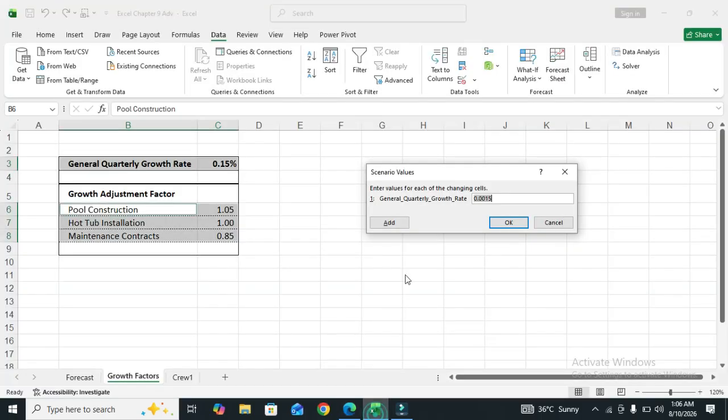So we move to the file and add the value and click.